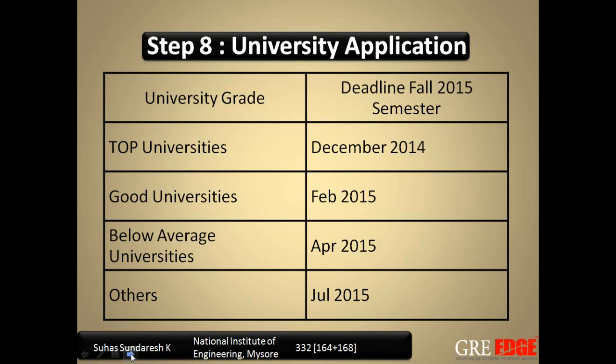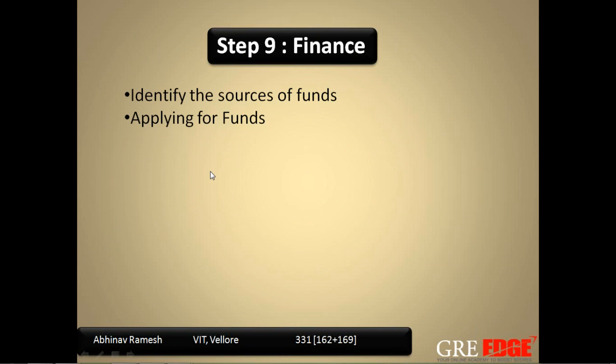So continuing with the seminar, the ninth step is finance. I am sure that many of you would like to know how finance is possible for so much of fees. Many of the universities are charging you more than $50,000 for the whole fees, and there might be cases where some universities have 20,000, 30,000. So approximately, 30,000 to 70,000 is your cost structure